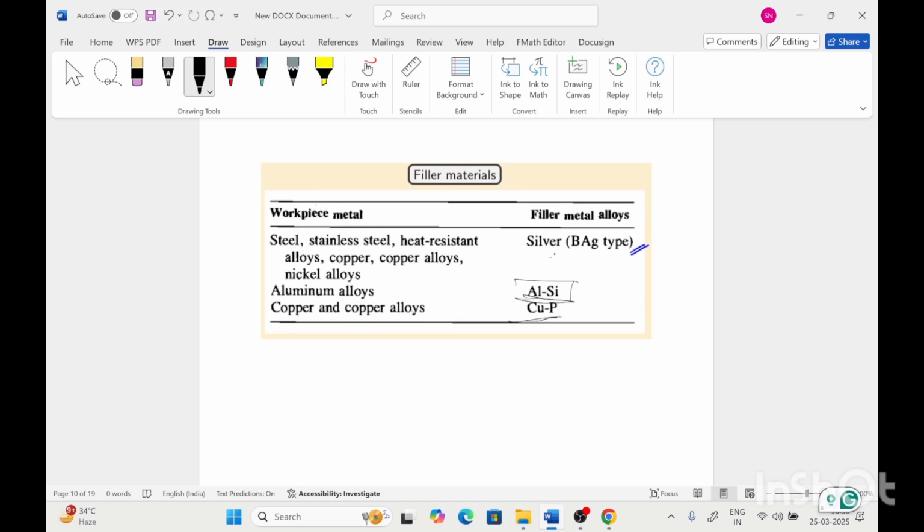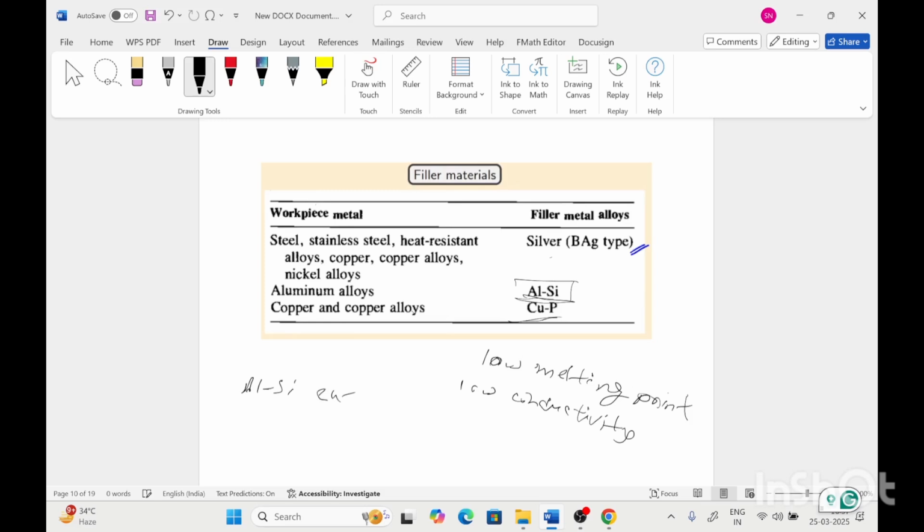So why do we use this type of filler metal alloys? Because these filler metal alloys have a low melting point and low conductivity. So the welding joint can be easily made by using these filler metal alloys, and the aluminum silicon is also